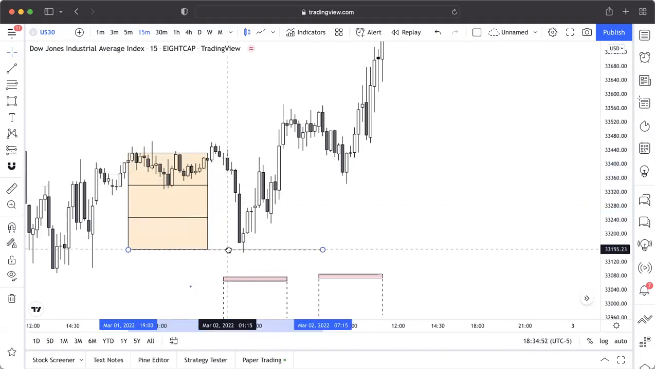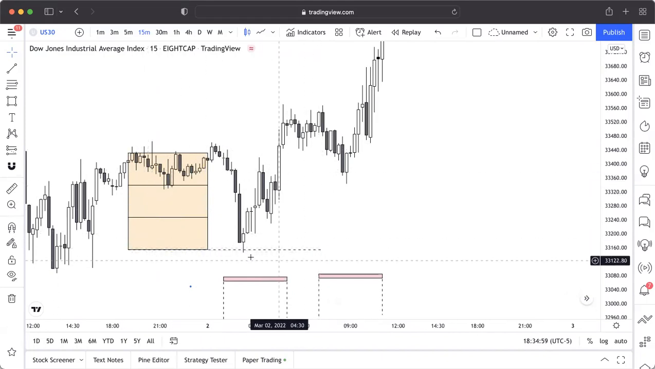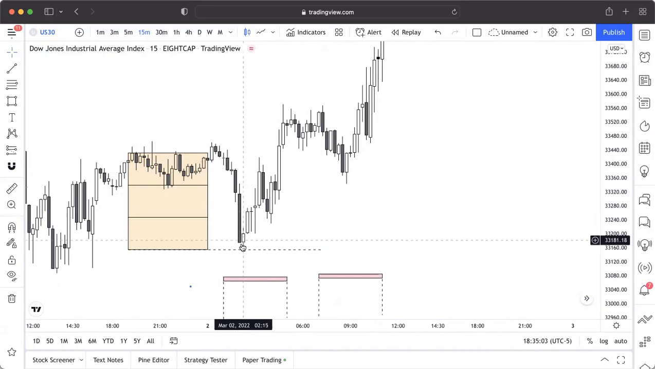Yes, it's even more accurate. See that? So that's why we use the bodies. Sorry about using the wicks. We use the bodies. So it's 2 standard deviations low of the day, and you would see the market in